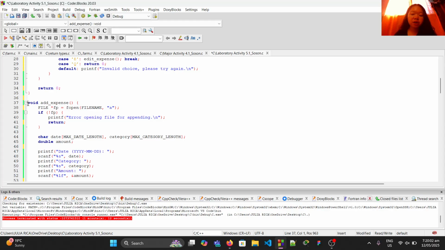And now we have another function. This function is to add a new expense to the file. This will open the file for appending new data, and this will exit if the file cannot be opened.